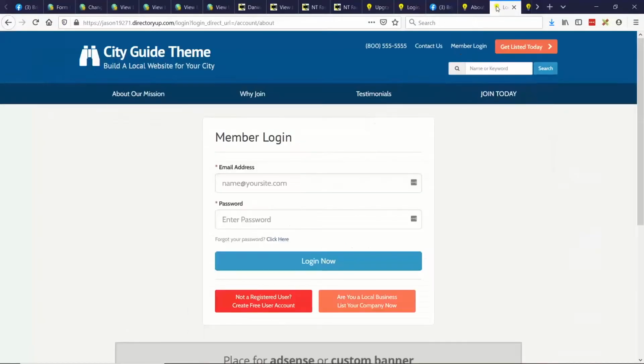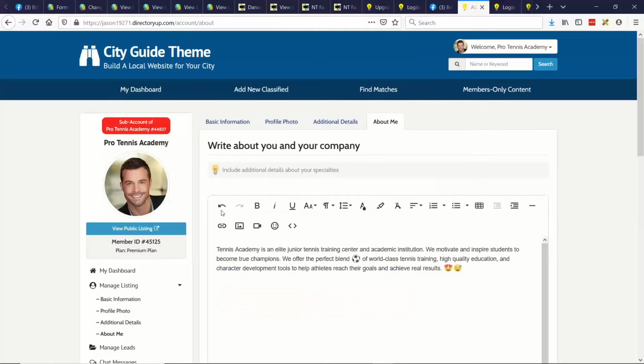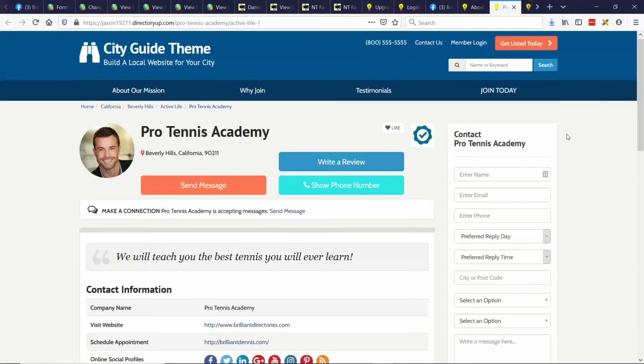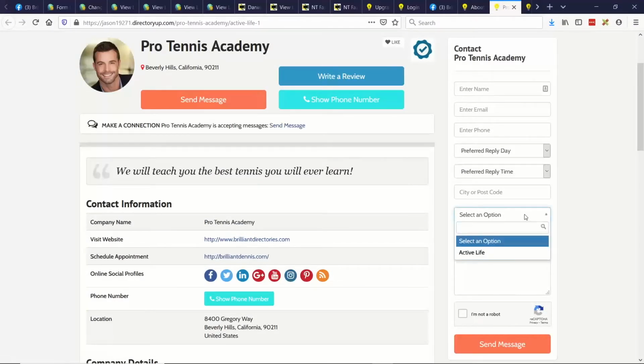So let me show you an example here of this guy's profile. If a visitor requests someone in a top level category, the lead will only get matched with people who are part of that top level category. If you want to give a benefit for certain membership plans that happen to be part of that top level category, the difference for that comes in the price point.